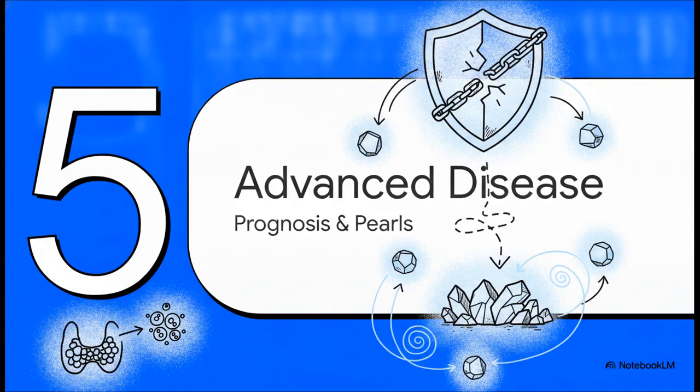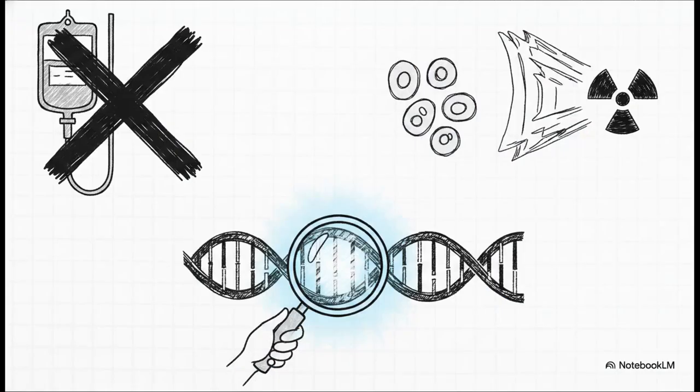And finally, Section 5, Advanced Disease and Prognosis. Let's lock in some final, crucial pearls for advanced disease. You'll want to write these in stone for your exam prep. Number 1, traditional cytotoxic chemotherapy is usually not effective across thyroid cancer subtypes. It plays almost no role here, which is exactly why oral oncolytics and targeted therapies are the absolute cornerstone of